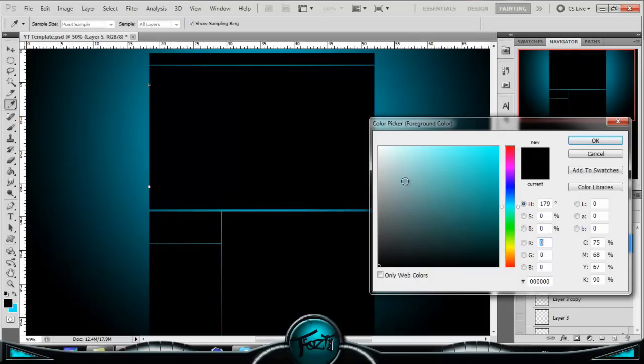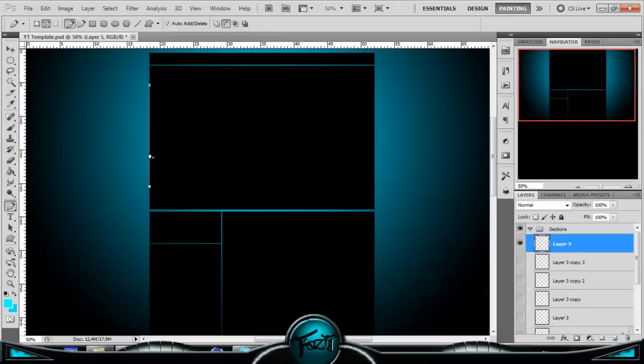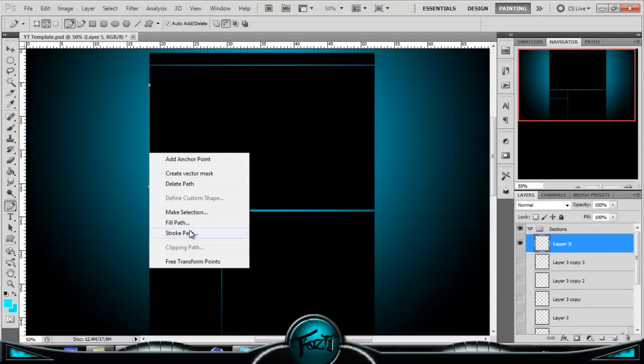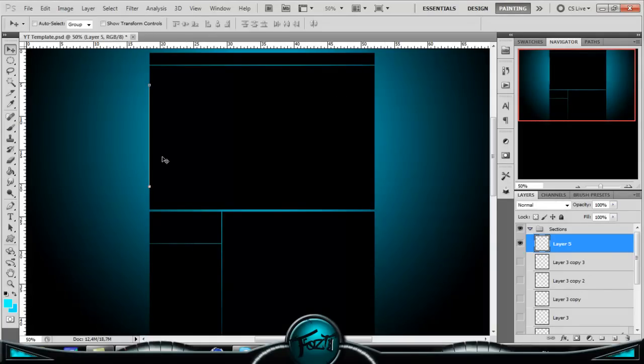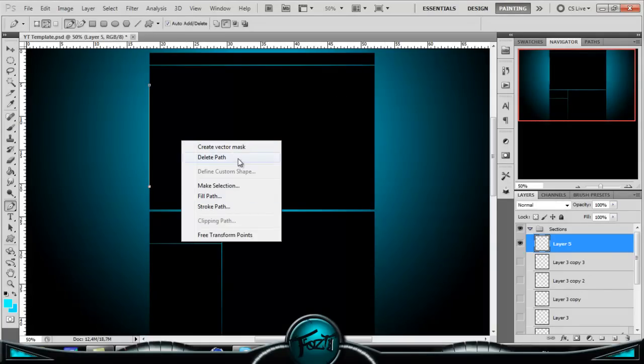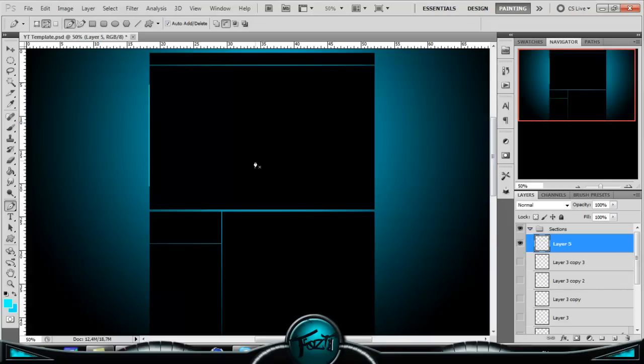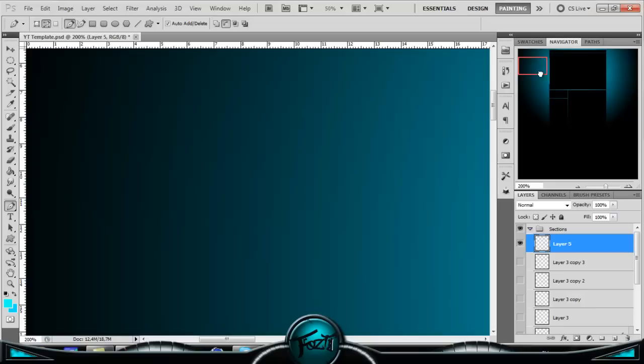I just remembered I maybe wanna add a light blue maybe, so the same color as my background. Let's do that again, like that. And you could delete that path. Okay, the simulate pressure didn't work, so